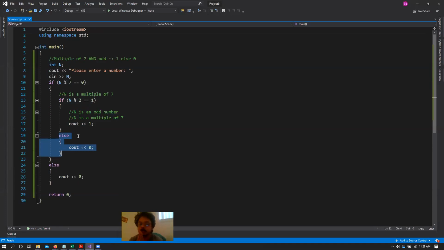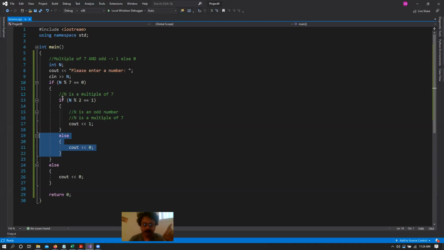So always remember, when we are working with if and else statements, you often do not need an else part, but it is always better to cover all your cases where it is needed. So in this particular situation, we did cover the case where n is an even number, n is an odd number, and a multiple of 7. However, it does not cover the case where n is a multiple of 7, but an even number. So this else now covers that particular criteria. Yes, it is too many, and this is not the proper way of writing this code, but you need to understand how an if statement works, right?